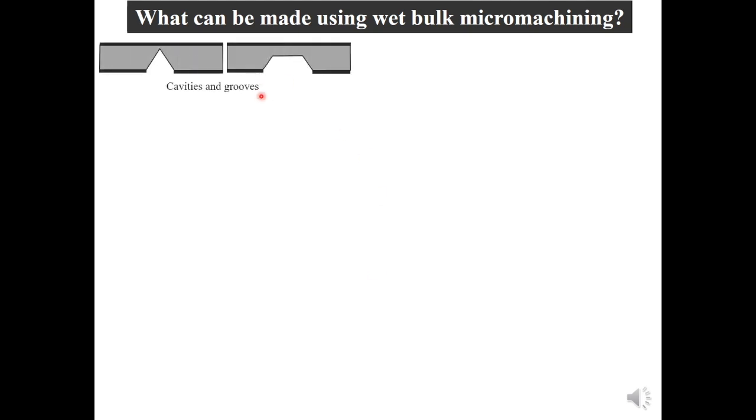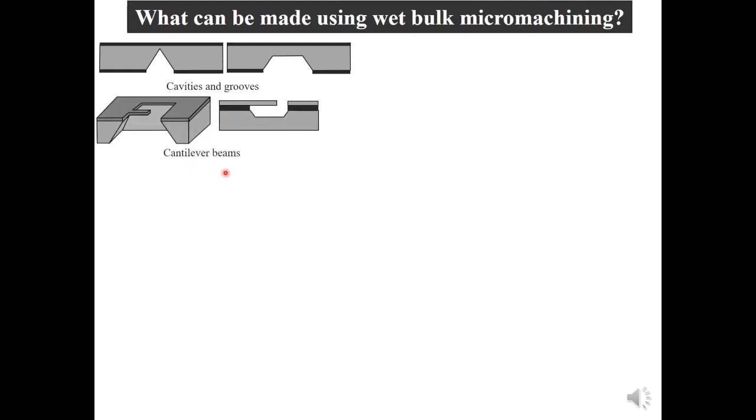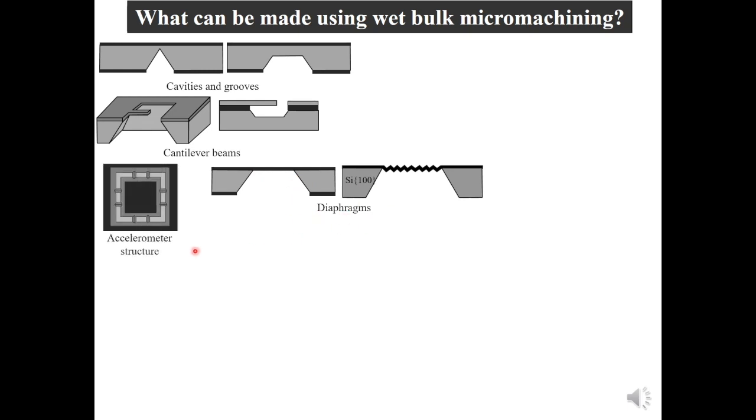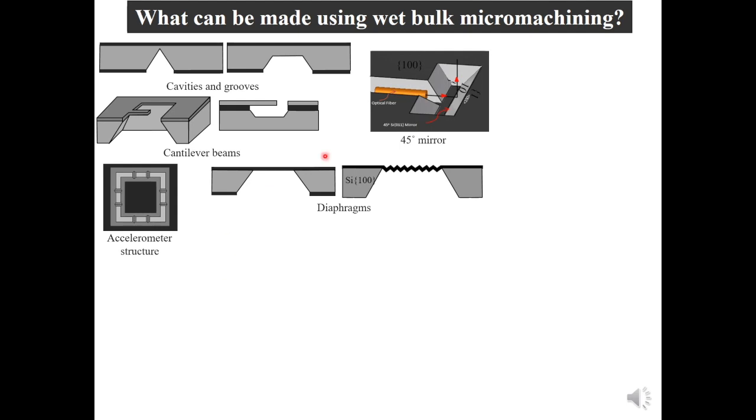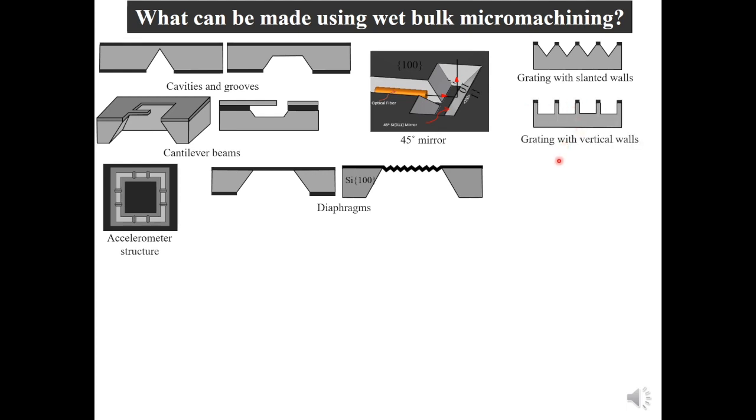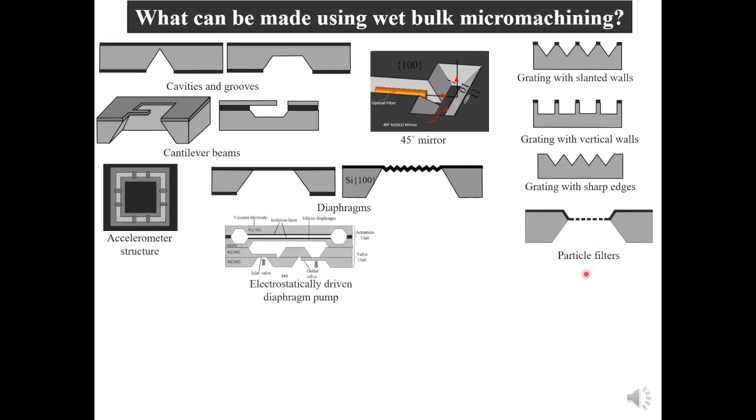What can be made using wet bulk micromachining? We can make many kinds of structure using wet bulk micromachining. For example, cavity and grooves, cantilever beam, and diaphragm for different application, proof mass for accelerometer, and 45-degree mirror for optical application, grating with slanted wall, grating with vertical wall, grating with sharp edges, particle filter, and electrostatically driven diaphragm